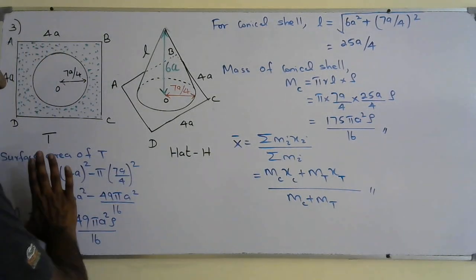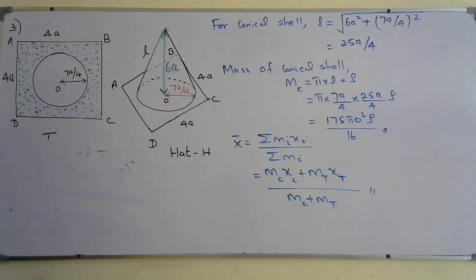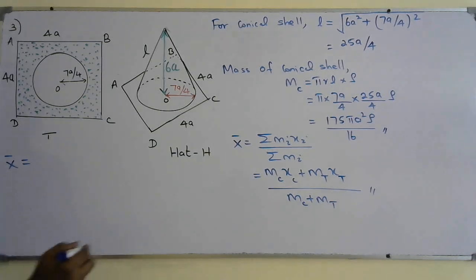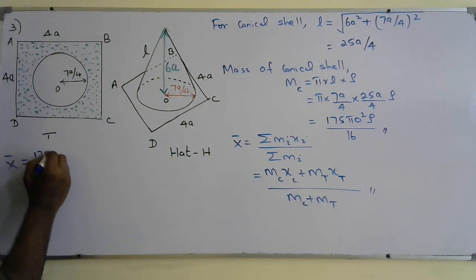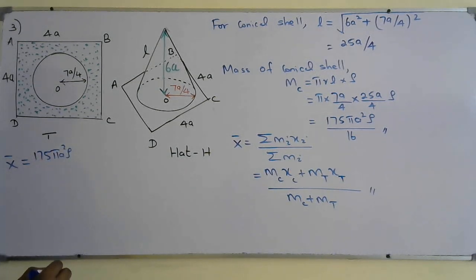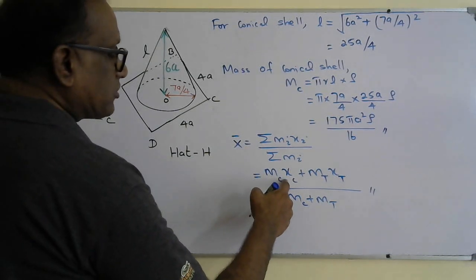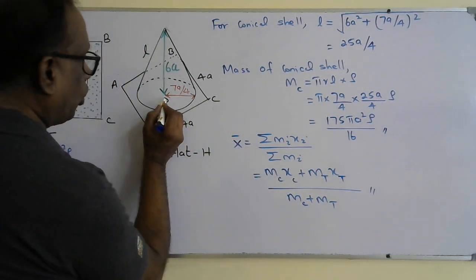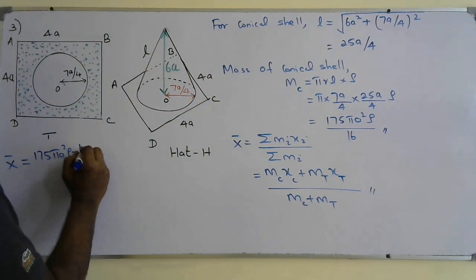So I think I better make the space I need, so I'll erase this portion. Okay, so x bar is equal to the mass of the conical shell, we found it 175 pi a squared, rho will get cancelled finally, into xc, the distance of the center of mass of the conical shell from O, that is 1/3 of the height. So into 1/3 of 6a,